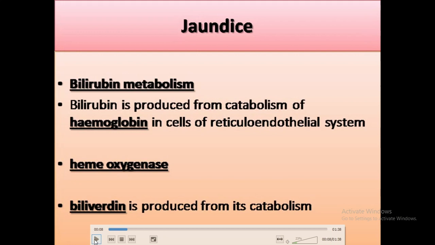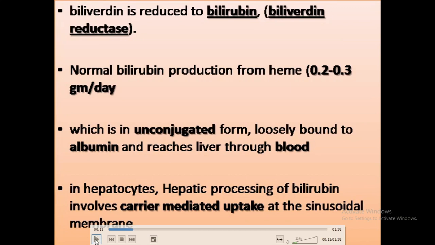So, let us go through bilirubin metabolism. Bilirubin is produced from the catabolism of hemoglobin, and biliverdin is produced from it by the help of heme oxygenase. This biliverdin is quickly reduced to bilirubin by biliverdin reductase, and normal bilirubin production from heme